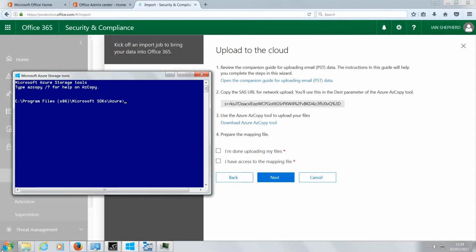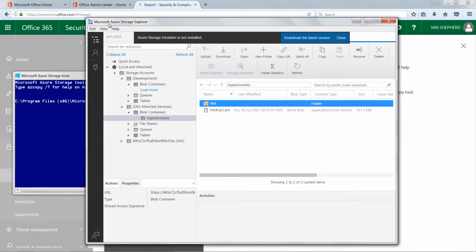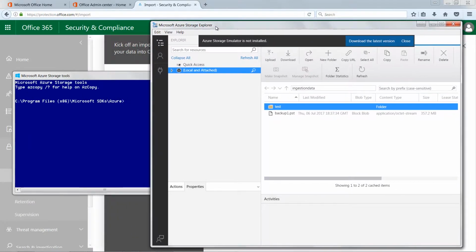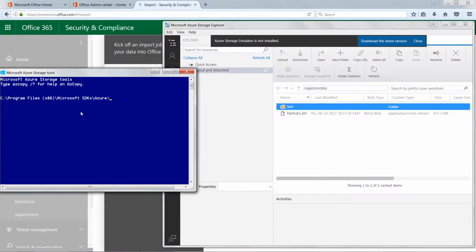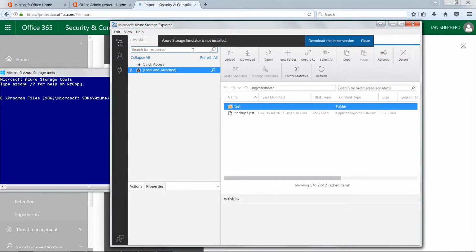I struggled with this for some time, so in the end I downloaded a very nice tool which you can just Google, Microsoft Azure Storage Explorer, which is effectively the place that the tool puts your PST. So rather than messing around with text-based entry, the easiest thing to do then is once you're on the Azure Explorer, you can